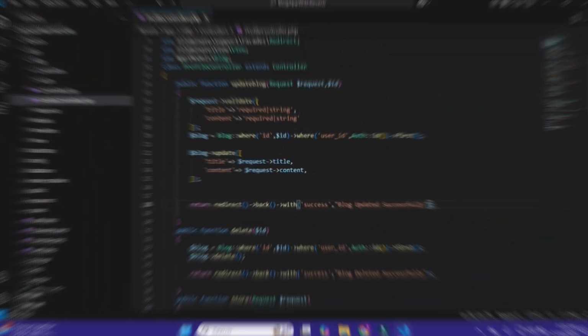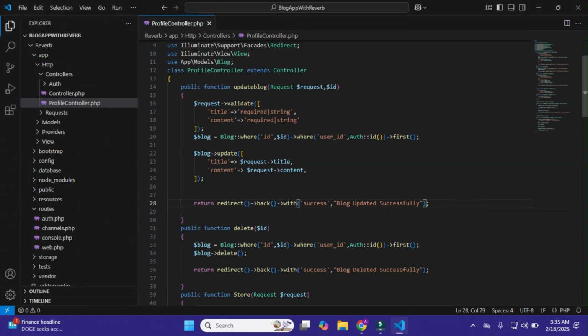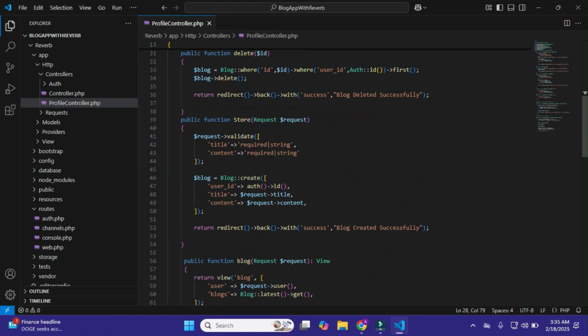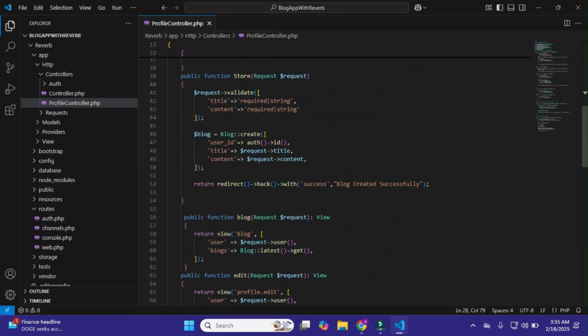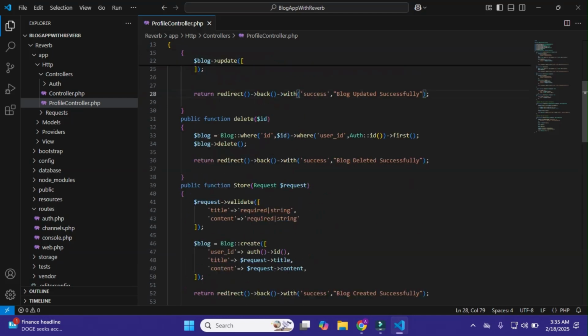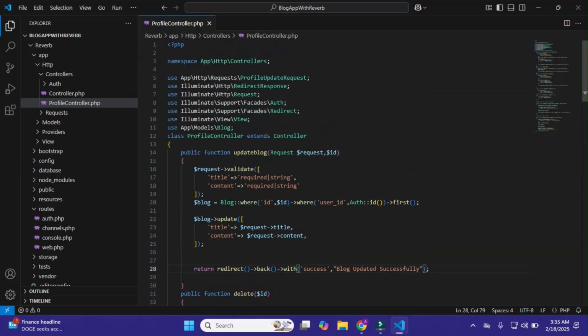Okay, so that's our blog update, delete, store, and just simply this, and after it we just simply have the blog view page.